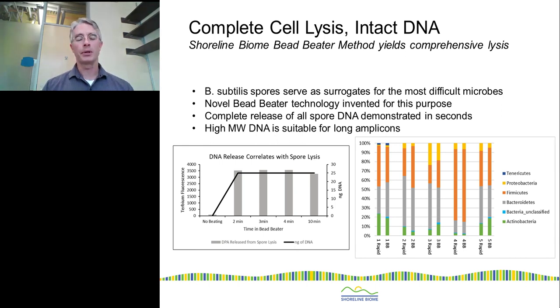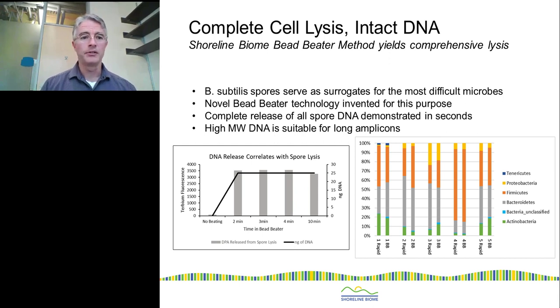So we know we have a chemical method that does pretty well. And how does it compare to this mechanical method, which is suitable for opening spores? That's what you see on the right-hand side: the same samples done with the rapid prep, which we just went through before, a chemical method, and then the bead beating prep, which I just talked about here, which cracks spores. And what you can see in sample after sample is that the results are pretty much the same. And that's looking at the phylum level. So that's a pretty